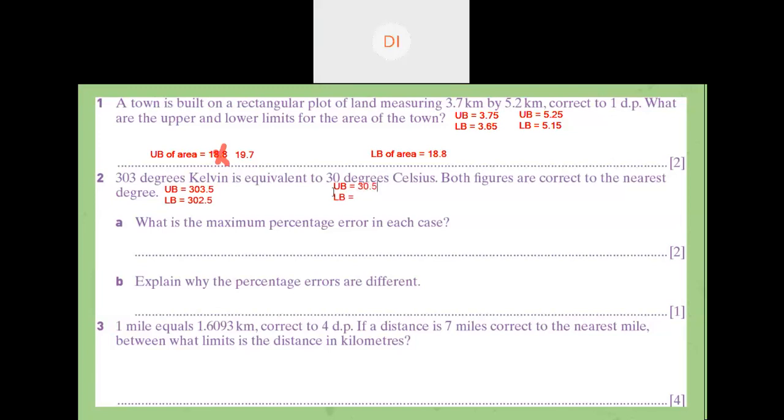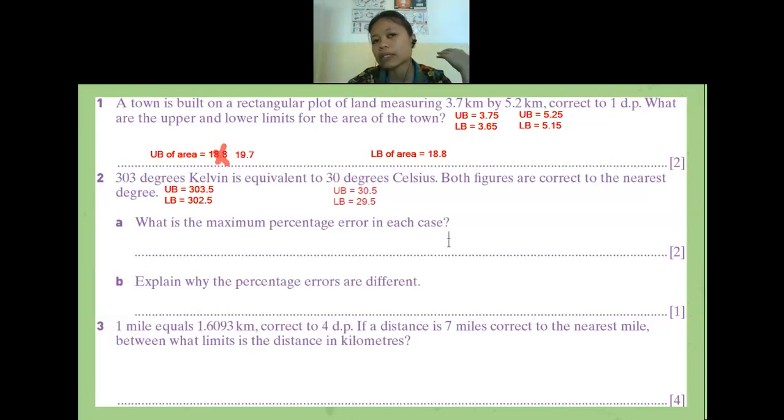Teacher, what is maximum percentage? Maximum percentage is the percentage error that we are going to find. It's the percentage of error. This is the same thing. Usually they use the word maximum, or they will just say the percentage of error. But the percentage of error is the same as the things that I discussed with you before. I already discussed the homework instruction, which was about the percentage of error.